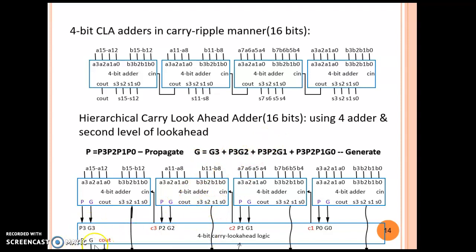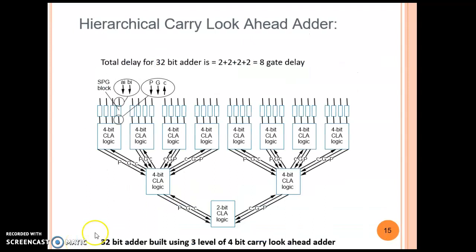Now here also we are generating P and G. That means this gate can be further connected to any other, like if you are taking a third level of carry lookup adder, this PG will act as a PG term like this. Here also we are generating, and this can be connected to the next carry lookup adder that you can see over here. This is nothing but forming a 32-bit adder. In the 32-bit adder, you can see we are using 1, 2, 3, 4, 5, 6, 7, 8. 8 4s are 32, right? So here we are using 8 4-bit carry lookup adders.